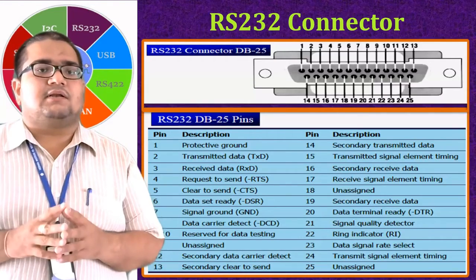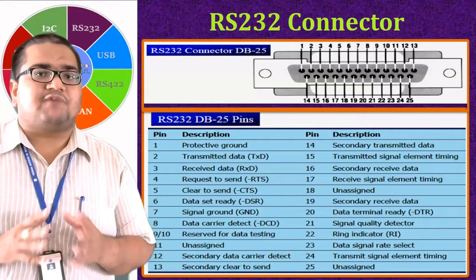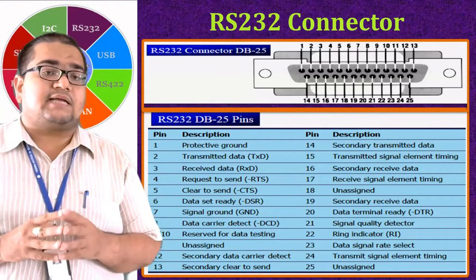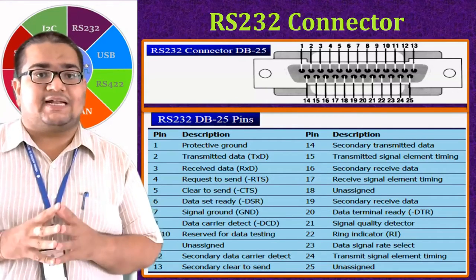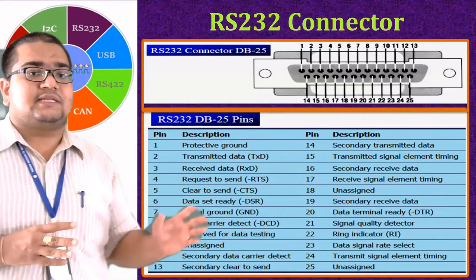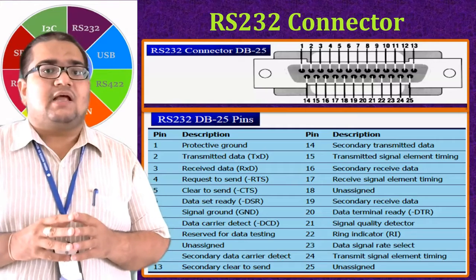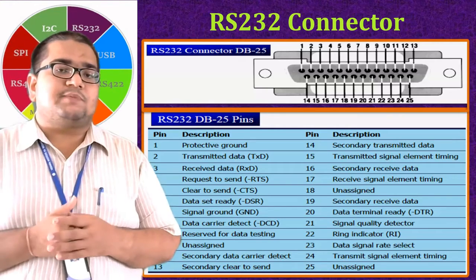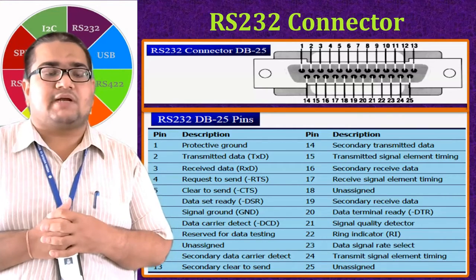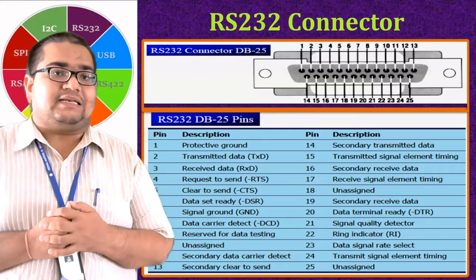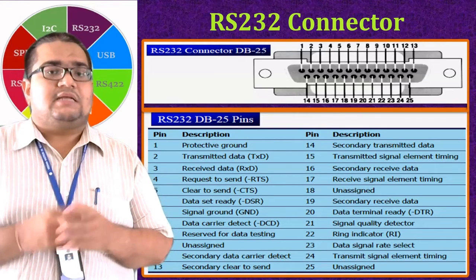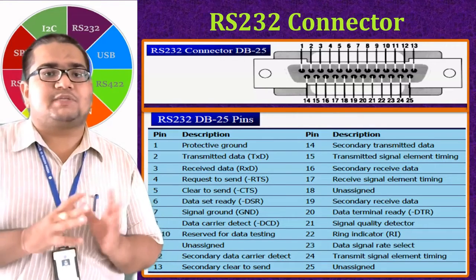This is a typical basic DB25 type of RS-232 connector. It has 25 lines, as the name also indicates, and all these lines can be seen here. But anyhow, we will not study this one in detail, as we will be studying the simpler version of that connector, which is called DB9. We shall go to that one, but let us have a brief understanding about these pins also.